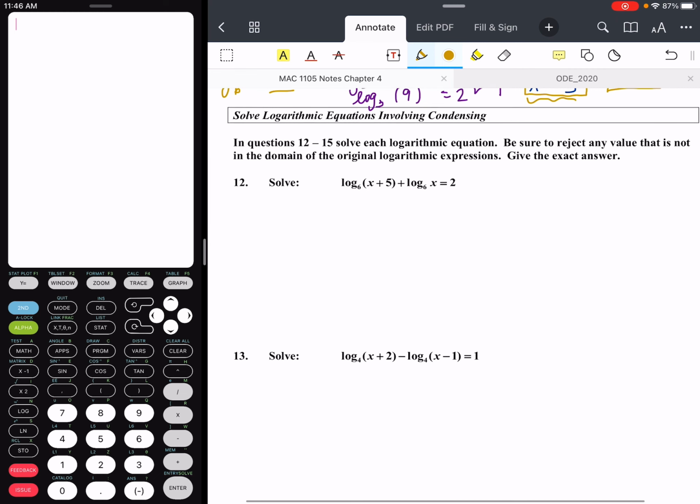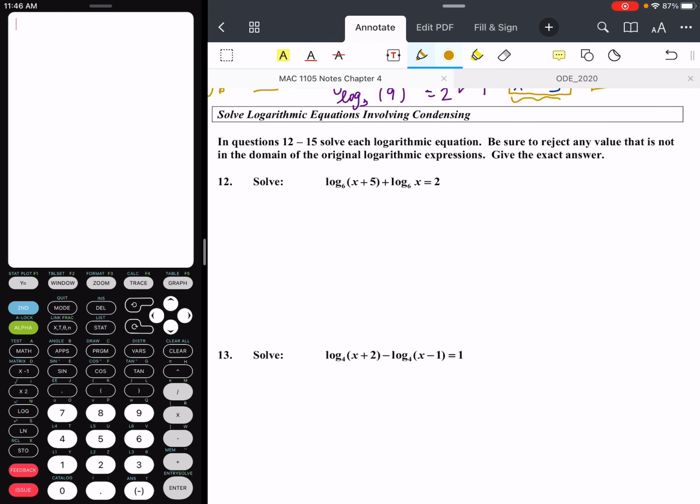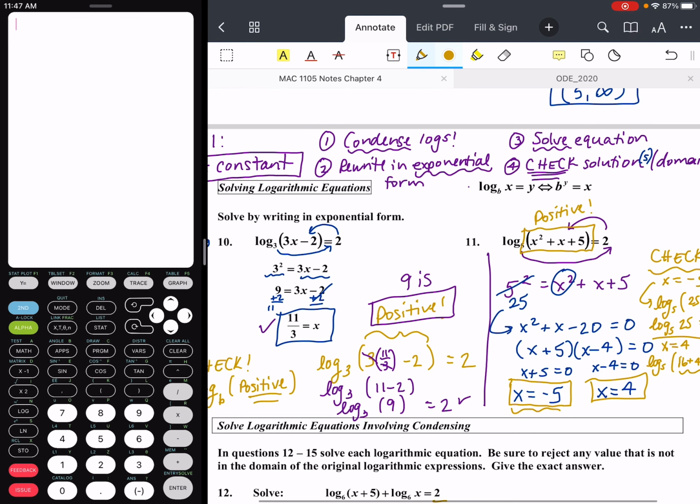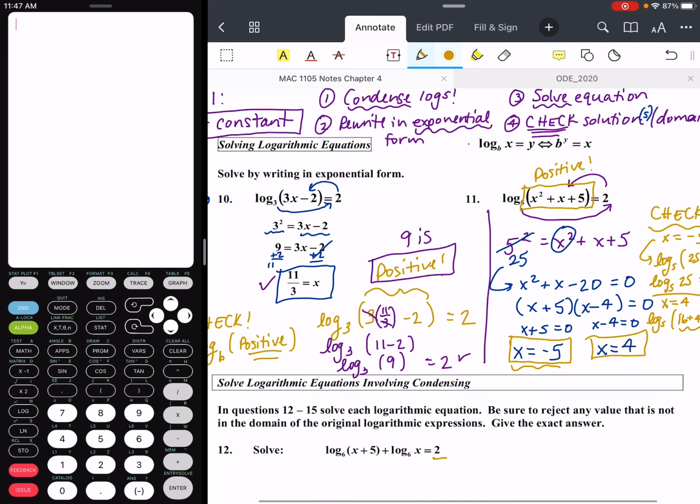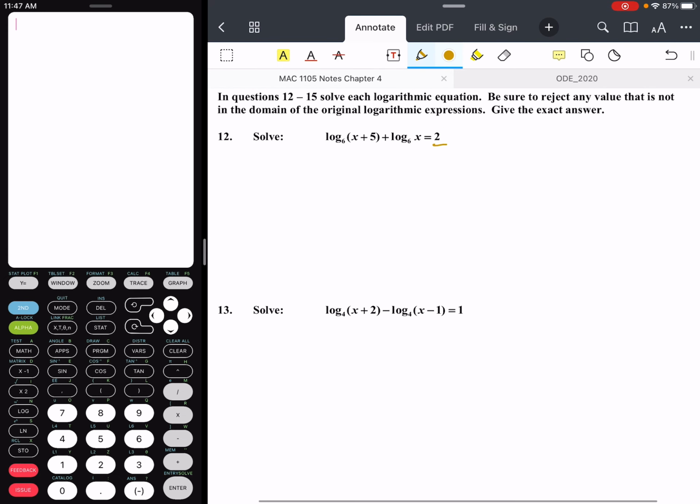All right, let's take a look at number 12. So now it says solve log base 6 of (x + 5) plus log base 6 of x equals 2. And we've got a constant on the right side and then 2 logs on the left. So this is a case where in step 1 we're going to need to condense our logs before writing in exponential form. All right, so condensing, we're going to apply the product rule, log base 6 of (x + 5)